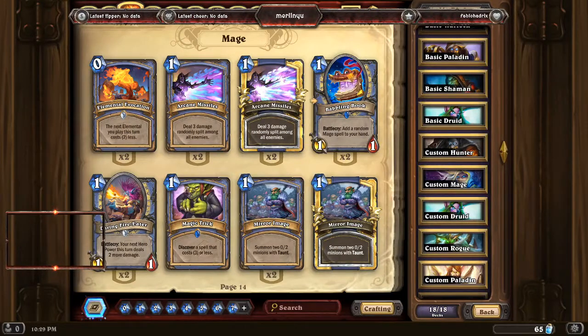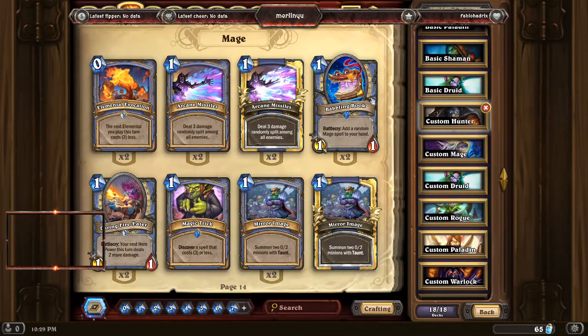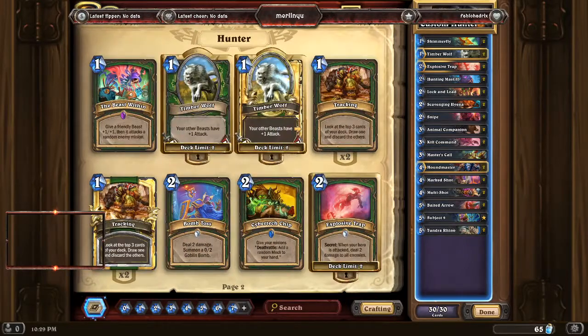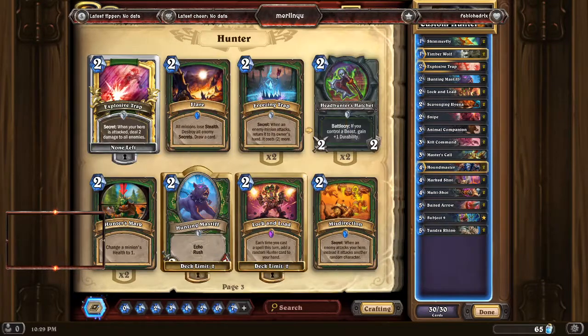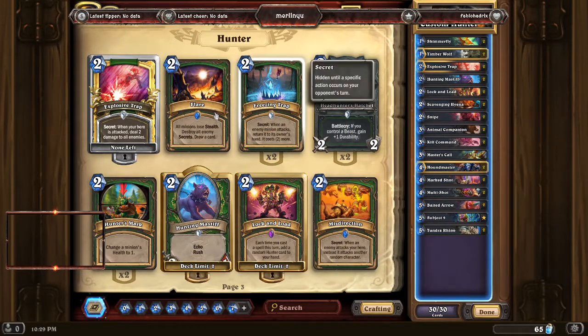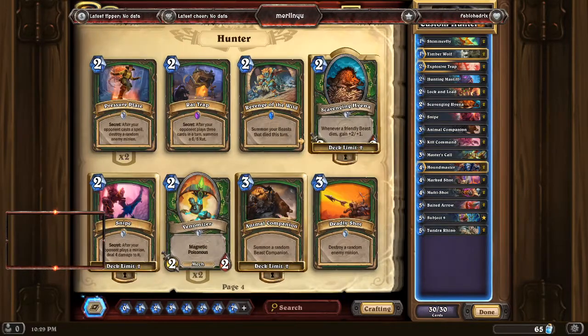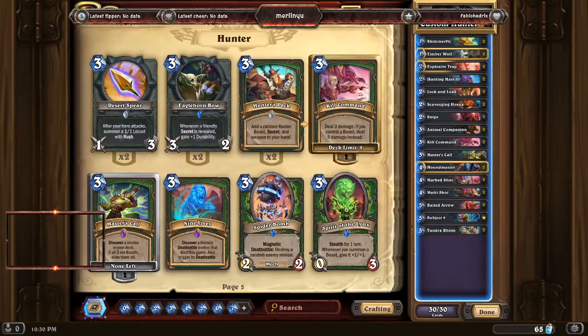Now the next deck I will be talking about will be on my next stream, which will be tomorrow morning, and that will be the Hunter deck. And we're going to be building a deck for the Hunter that's based around its secrets. Like we have Secret Plan, Discover a Secret. We have Explosive Trap. There's a secret. We have Freezing Trap. Oh, I think that was a secret. We have Misdirection. We have Pressure Plate. We have Rat Trap. Snipe. We have...